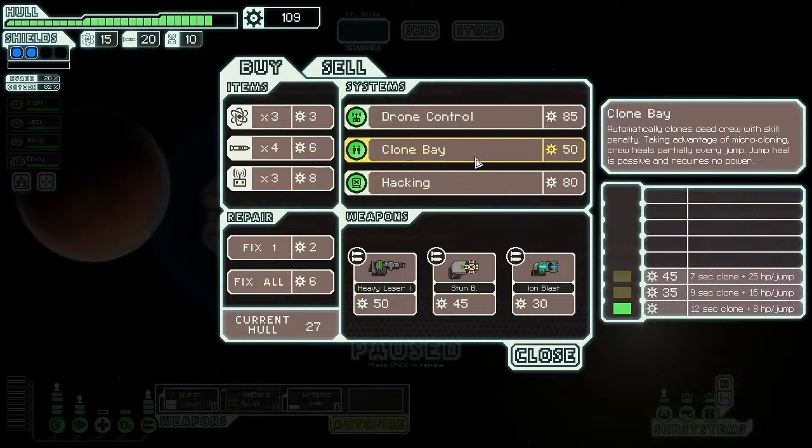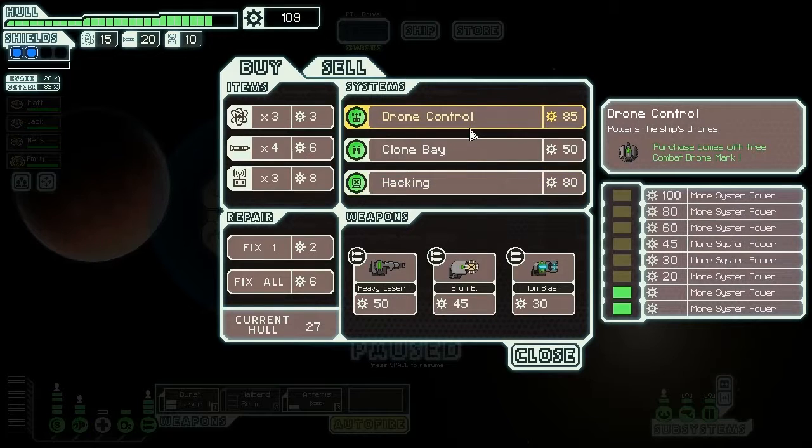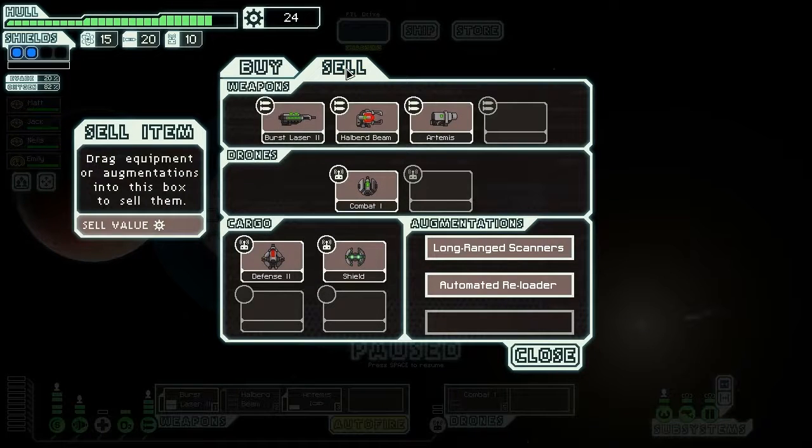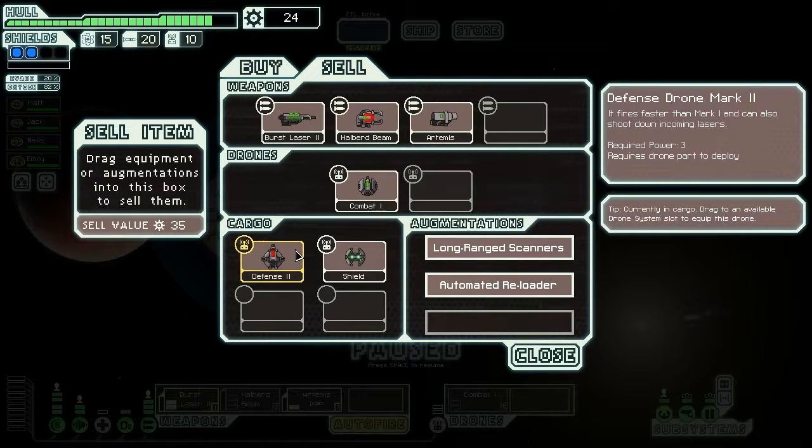Cloning Bay, hacking... I don't think the Clone Bay is going to be that useful. Hacking I've never used, this being my first playthrough in the Advanced Edition. Also uses drone parts. I think we're going to go with the drone control. Yeah. And then in theory I could buy an ion blaster if I had something to sell, but